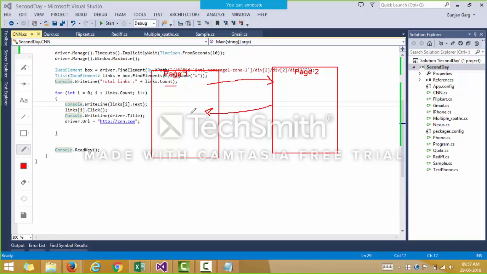When you come back to cnn.com and go inside the loop again, you are trying to use the same link in the next iteration of the loop. So we cannot use them, because we are actually going inside the same link, right? So are you getting my point?